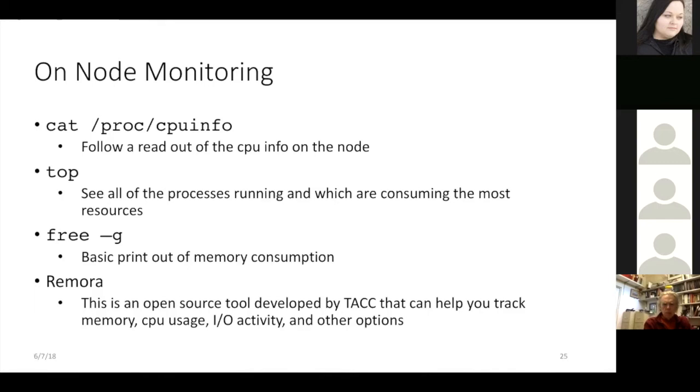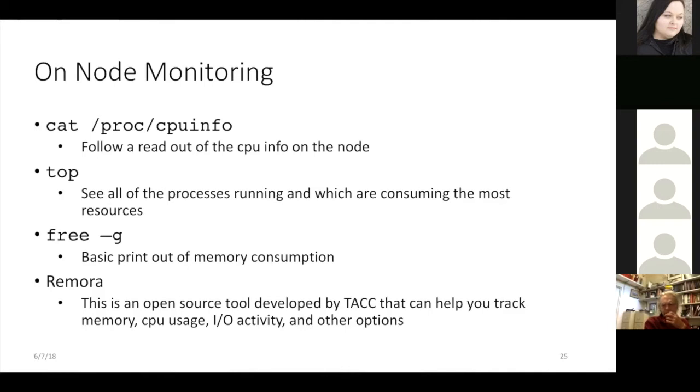You can also go in and do on-node monitoring. So when you submit a job to one of the queues and you're not running interactively, it can be running in the background. But because you are the user who's making use of that specific node, you do have the ability to use the SSH protocols to access it.